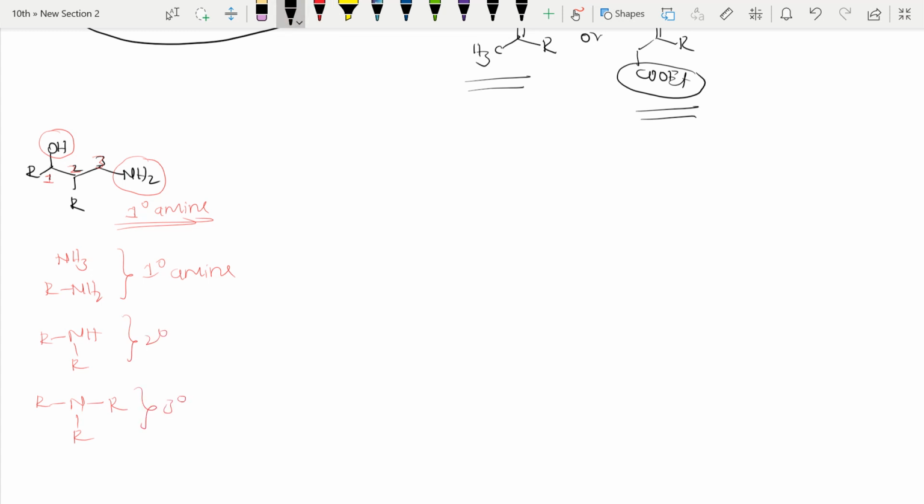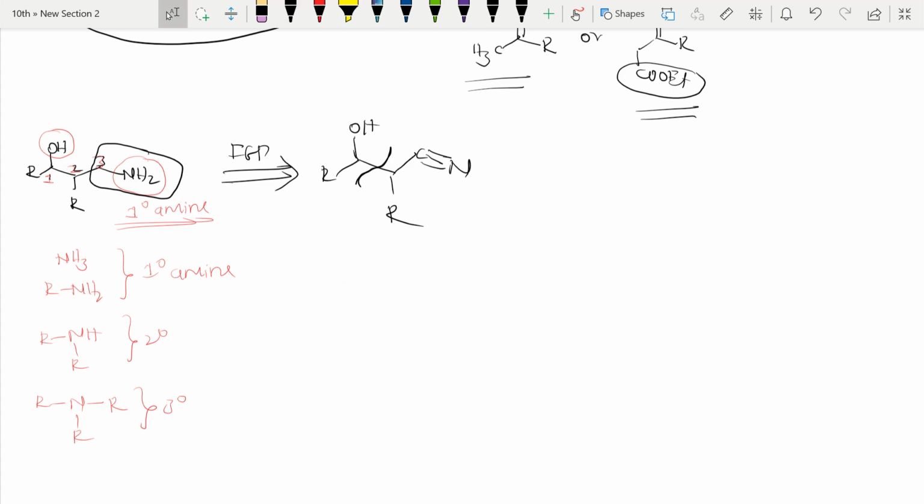So if such a compound is there, then where will we disconnect? I have told before disconnecting we do functional group interconversion, FGI. I have told, RCHO, and I will get CH2C triple bond N. Cyanide we do here. So functional group interconversion we do. Then we will split here. Why only here? Because of the carbon here, after splitting what I will get will be acidic. Here directly I have told to write aldehyde, and here C triple bond N, and here R.